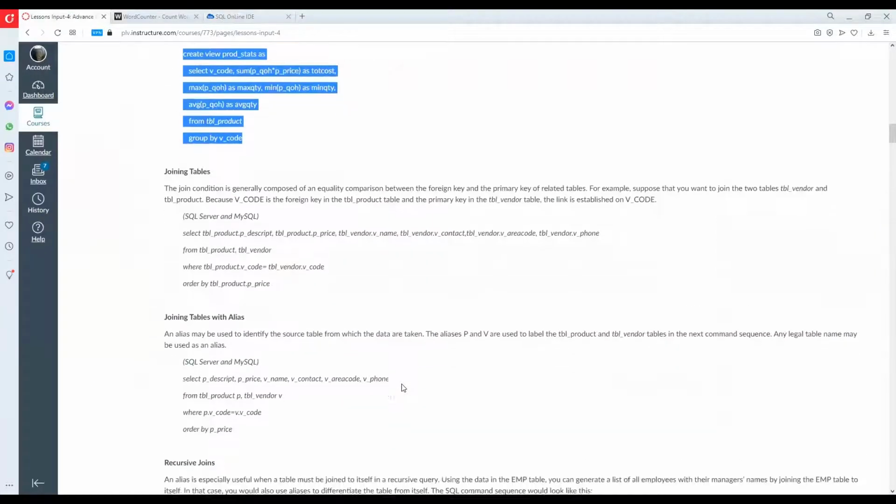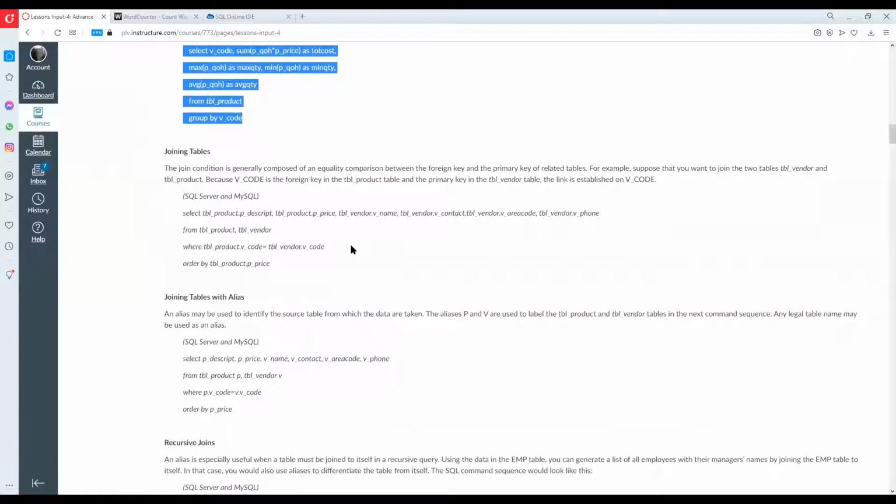Okay, the next is joining tables. When we are joining tables, always remember that in order for us to join tables, usually we use the primary key and foreign key from one table or one or more tables. The join condition is composed of an equality comparison between a foreign key and the primary key of related